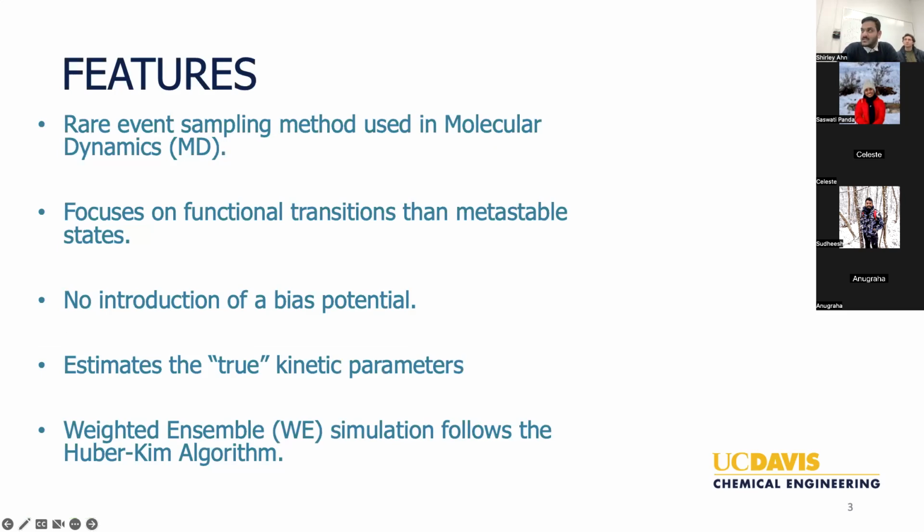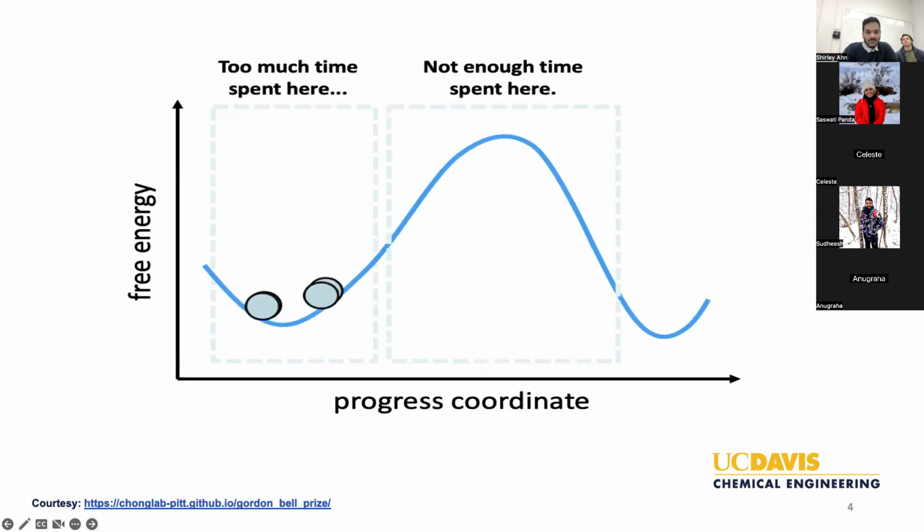So some of the features are that the weighted ensemble simulation is a rare event sampling method. It is used in molecular dynamics. It focuses more on the functional transitions and the metastable states. So an example of this is, we have certain trajectories or certain systems which we call walkers. So instead of running just one system across a significant period of computation time and hoping that it will cross the energy barrier, what we do is we take 4 or 5 replicas of the same trajectory and